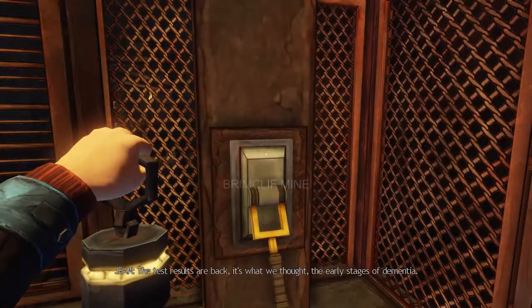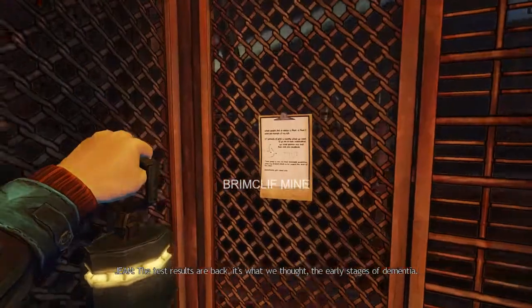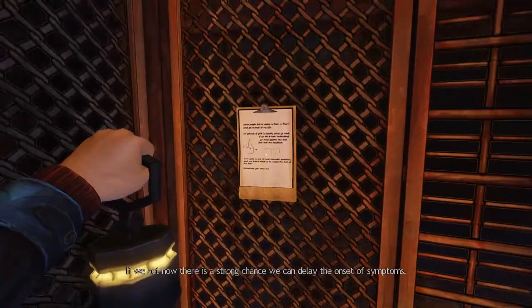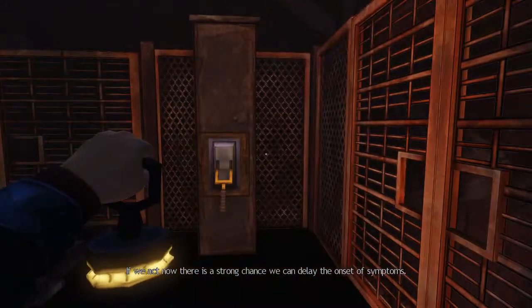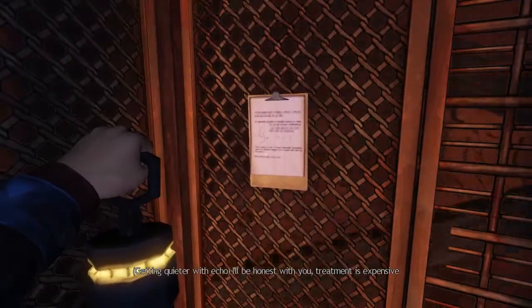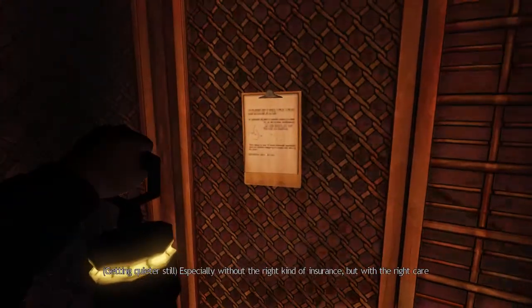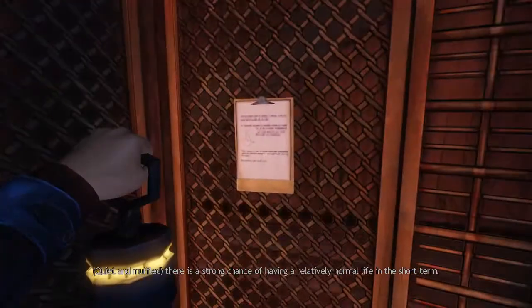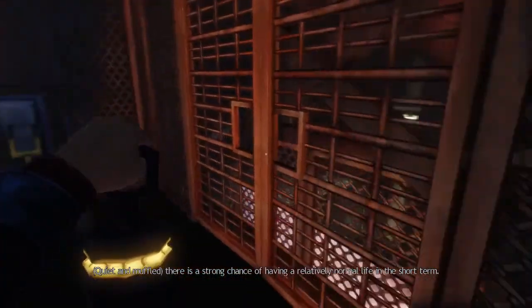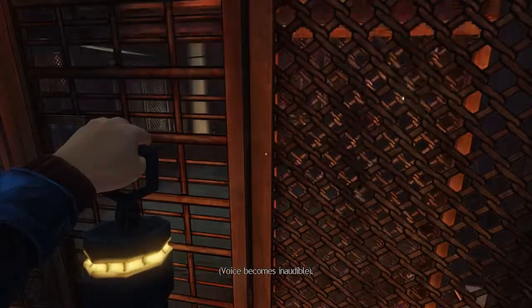Okay, the test results are back. It's what we thought. The early stages of dementia. If we act now, there's a strong chance we can delay the onset of symptoms. I'll be honest with you. Treatment is expensive, especially without the right kind of insurance. But with the right care, there's a strong chance of you having a relatively normal life in the short term. We have similar cases where patients